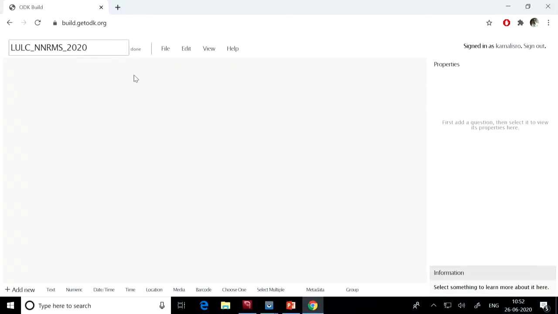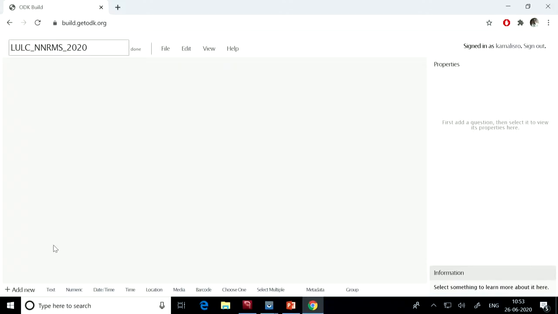Okay, the form is created. Now what do I require from the field? What kind of information do I want to collect? I want to collect the name of the person who is collecting the data. It can be multiple times, because one person may collect n number of information, so let it come at that time also. First, the name of the person who will capture that information. Second, I want to capture the location of that place. Third, I want to capture the photograph of that place. I also want to capture the date of capture of that data. And fourth is the land use land cover class. So these are the 5 attributes which I want to collect from the field.